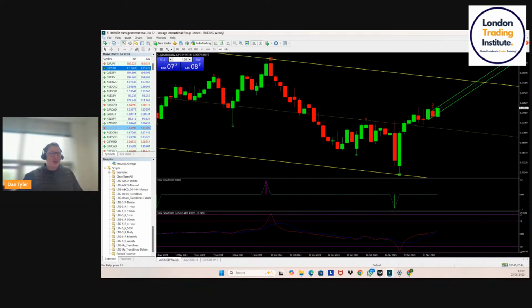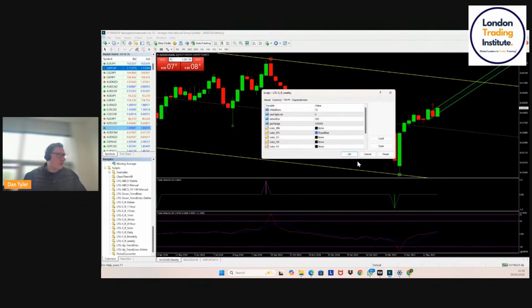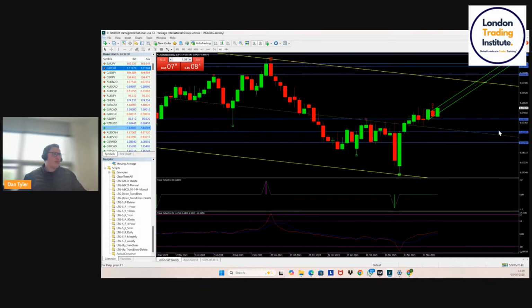But ultimately, what we've done is we've looked at the higher time frame. All we've done is look at the candlesticks and go, okay, we haven't really moved anywhere for the past few weeks. We've been moving sideways. I like to use automatic support and resistance. Pop that on. And you can see that we're kind of bouncing between a few key levels.